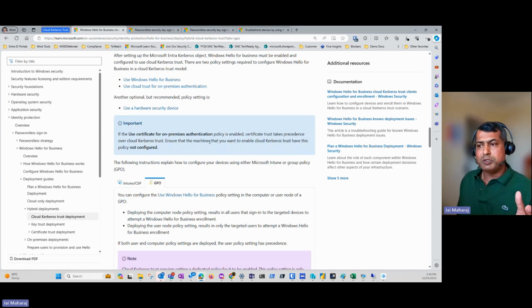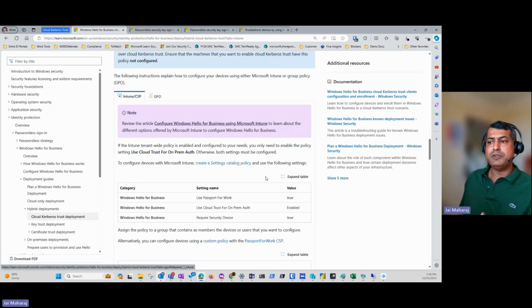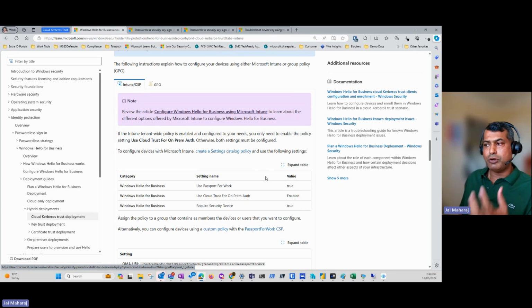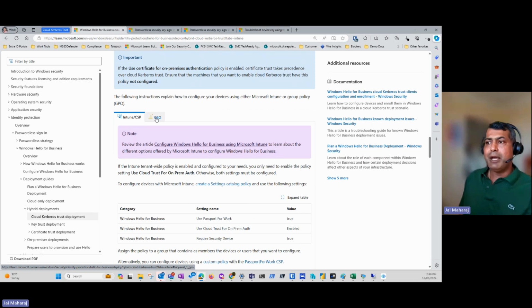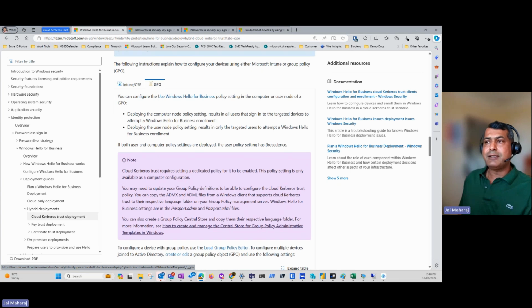As Ward was mentioning before, you have got two options to configure this in your environment. The first one is Intune. So you can utilize Intune and configure this through Intune. In my case, what I've done is I've configured it with group policy, right? So I've created a group policy. I've linked that group policy to a particular OU. In your case, if you wanted to, you can link it to the top of the domain and then scope it to a particular group of users or a particular group of computers to make sure that only those get this particular group policy,